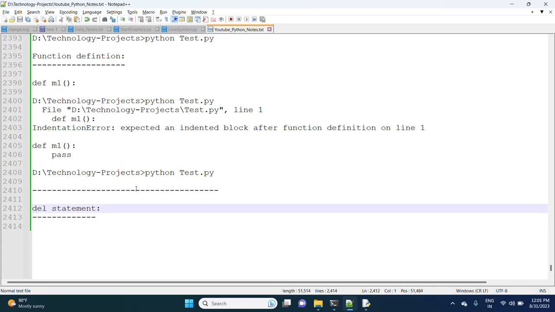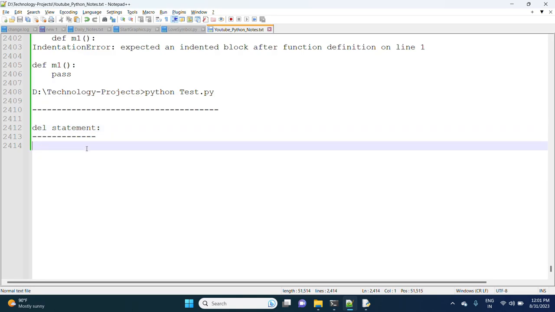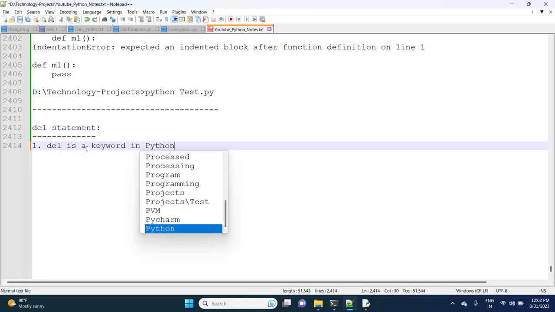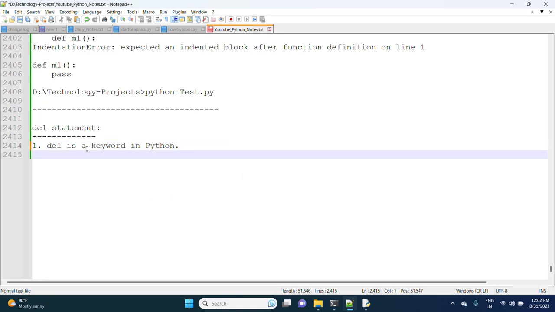Del is a keyword in Python. After using a variable, it is highly recommended to delete that variable if it is no longer required, so that the corresponding object is eligible for garbage collection.